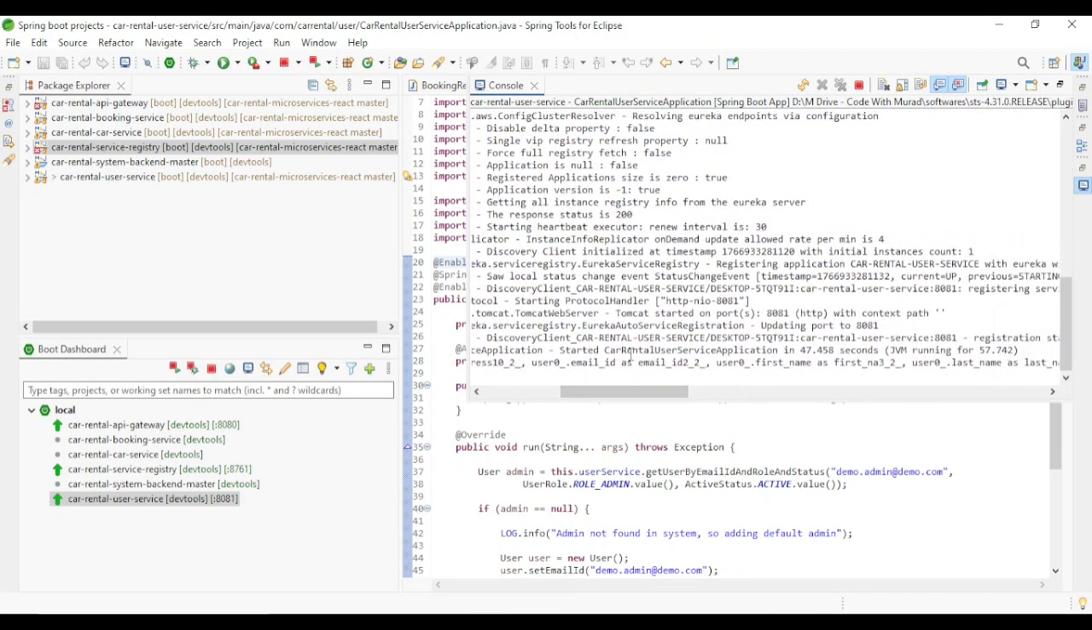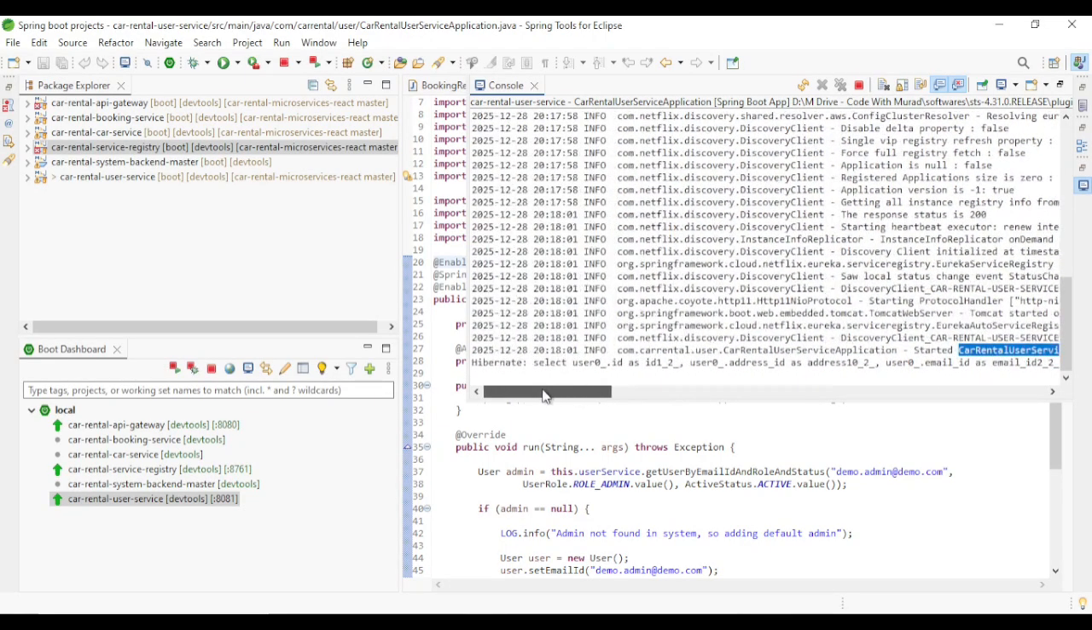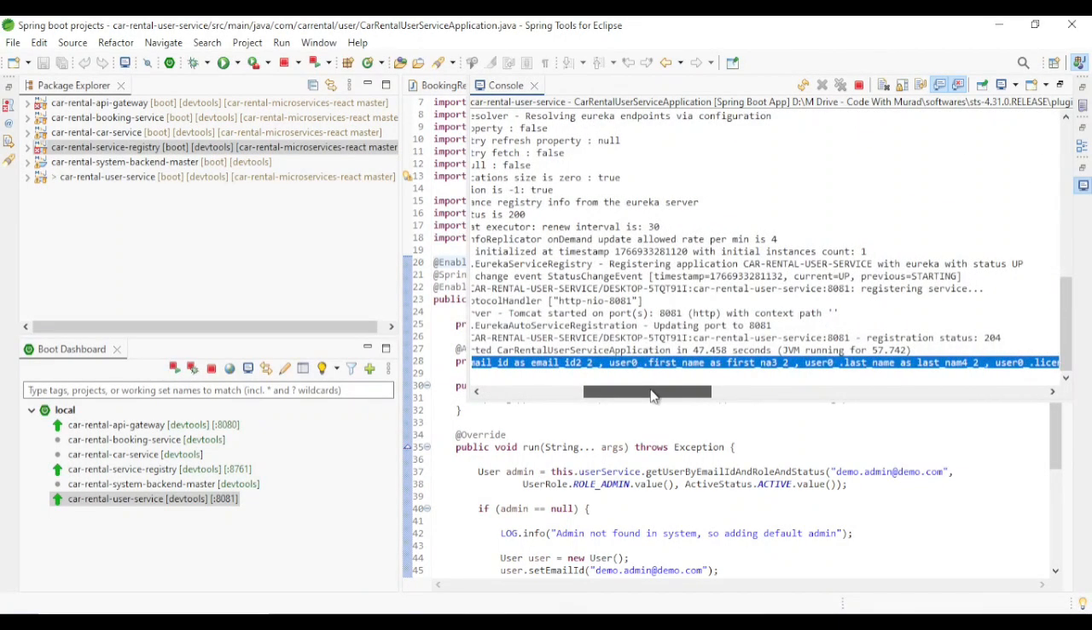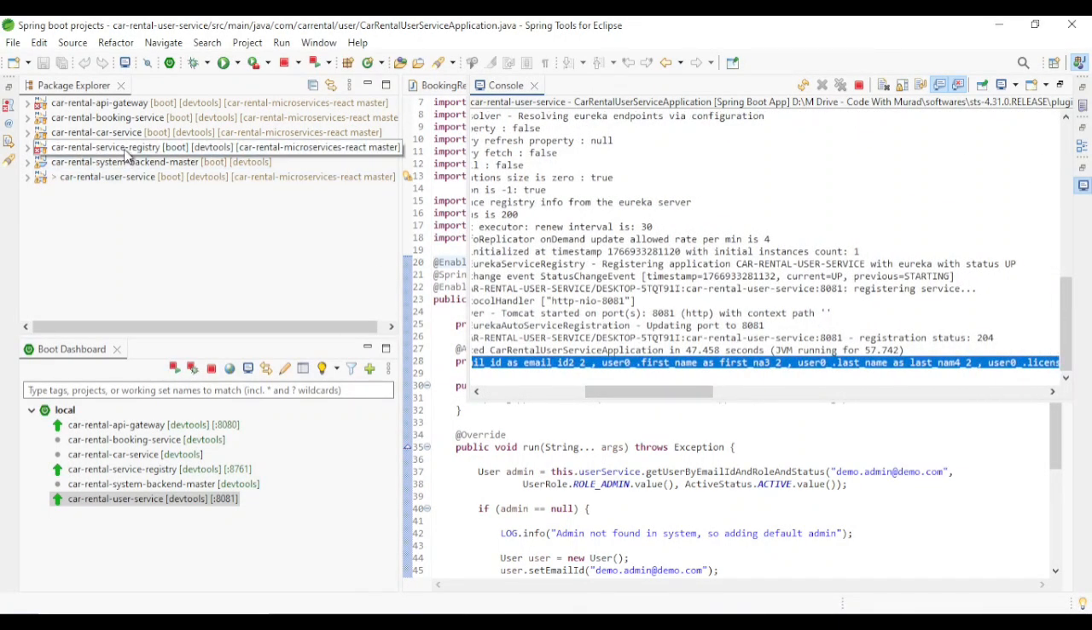So we can see here it started the car rental user application, and also if you notice, while starting the user service this query executed. So let me show what this is. If you go to the user service here,